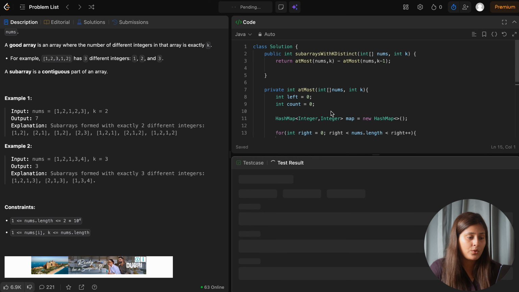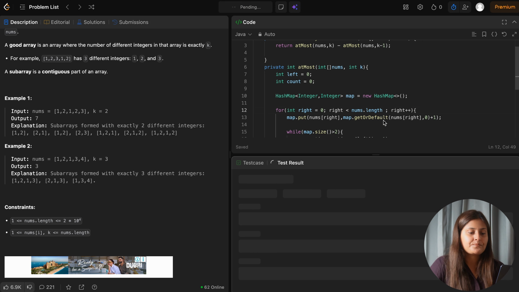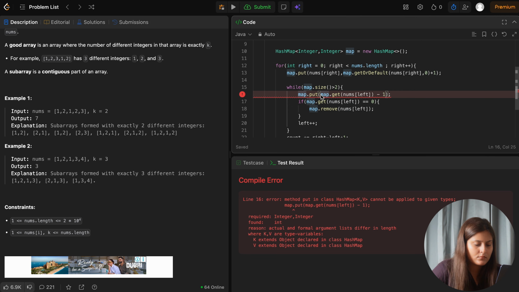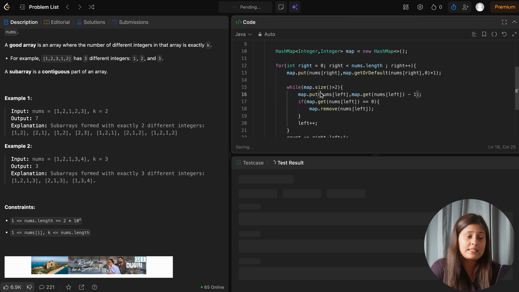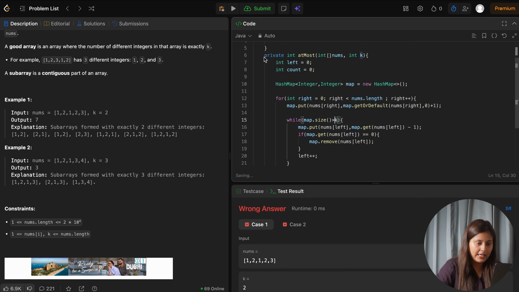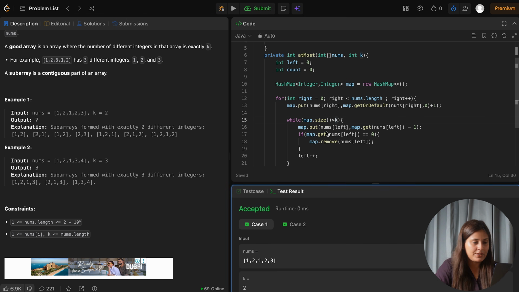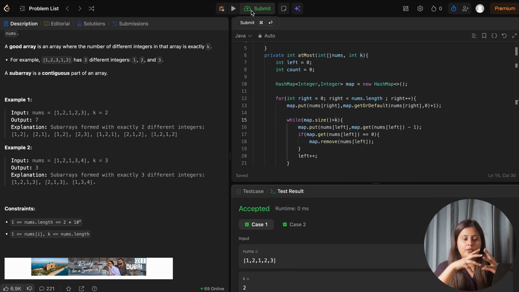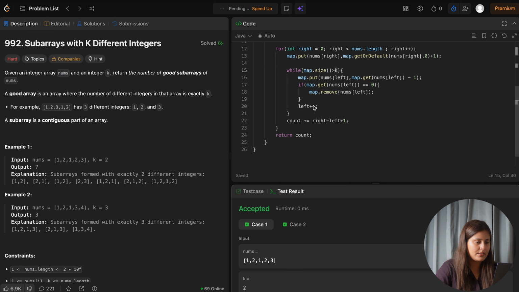Now let's run this code here. Sorry, my bad. We forgot to write the nums of left also here, so that we can see for this key I want to put this value, correct? Also, we have to keep k here instead of 2, because I took the example, so we manually kept it. It will be k, so that for every k it will be different. Now it's running, we can submit this.